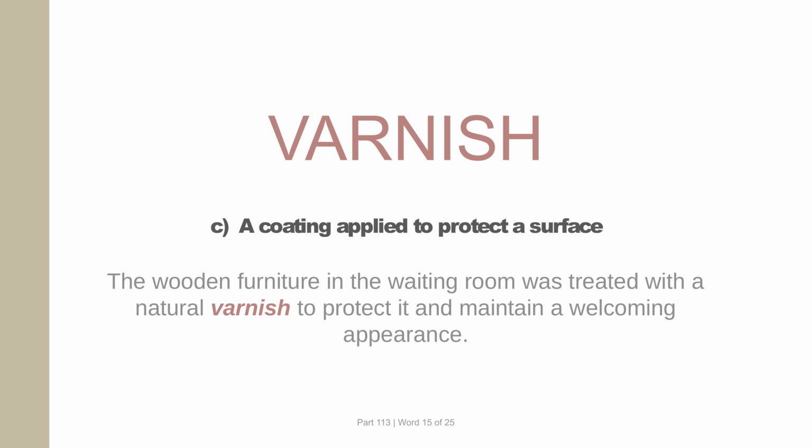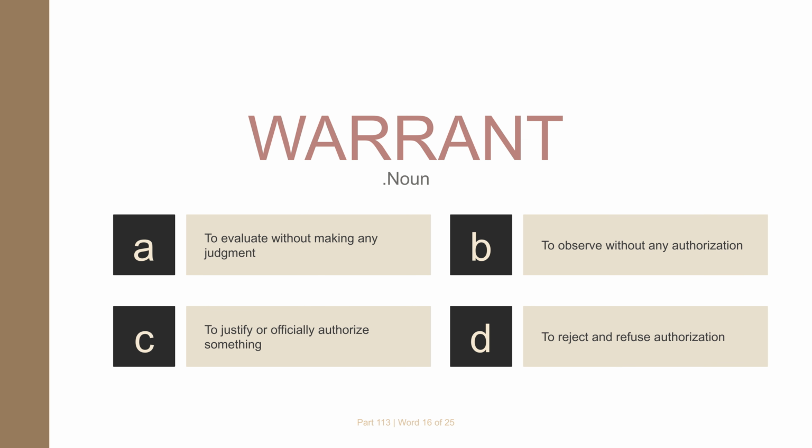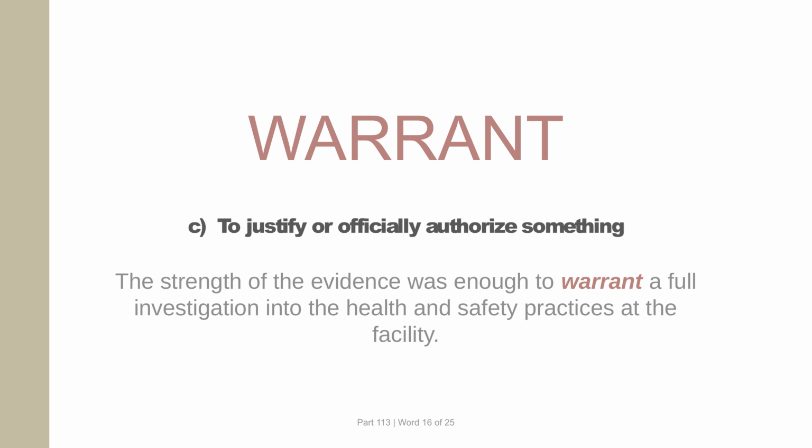welcoming appearance. Question 16. What is the meaning of warrant? Option A. To evaluate without making any judgment. Option B. To observe without any authorization. Option C. To justify or officially authorize something. Option D. To reject and refuse authorization. Correct answer, option C. The correct meaning of warrant is to justify or officially authorize something. Example: the strength of the evidence was enough to warrant a full investigation into the health and safety practices at